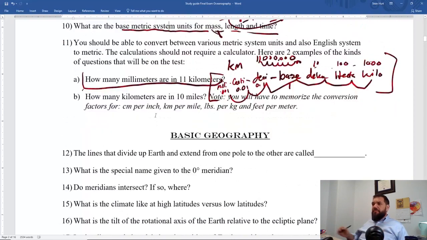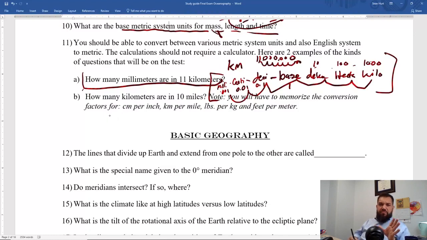Okay, that's it. Now you should also have some kind of sense of how to convert English units to kilometers, or I'm sorry, to the metric system. Now you're not going to have to do an exact calculation, but I want you to have a ballpark sense of how much a mile is in kilometers, how much a kilogram is in pounds. Okay, so you should have some sense of that. It's going to be multiple choice. It won't be a numeric answer, so you'll be able to choose among whatever 4 or 5 options.